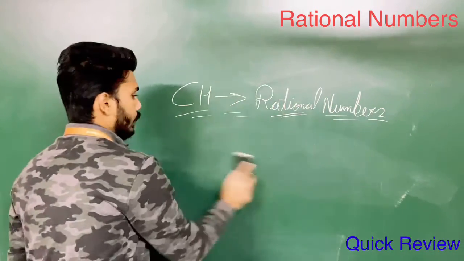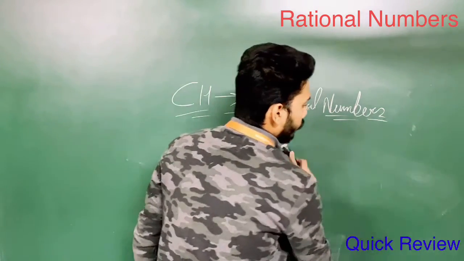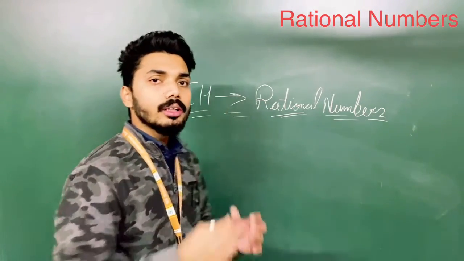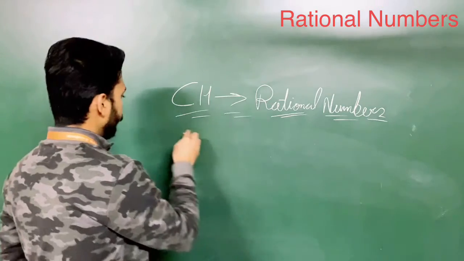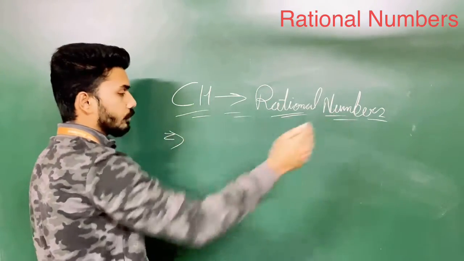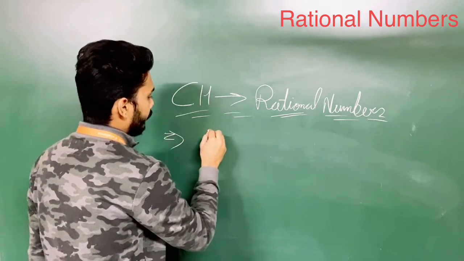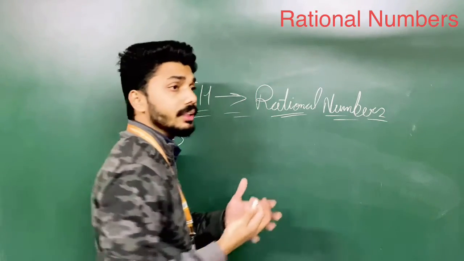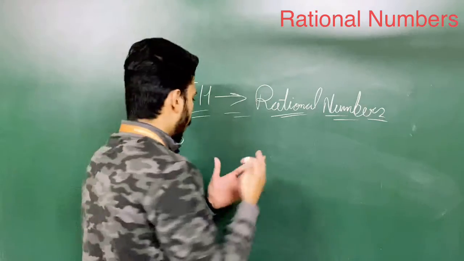Now we are going to focus on a couple of sums which are given in the second half of your exercise. So this video really helps you to complete your exercise 2. The sums which you will get in your later exercise are like the product and the division of numbers. We all know the meaning of the product. You just need to do multiplication. So how can we do this?